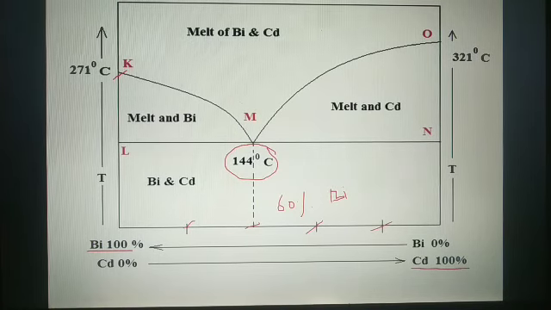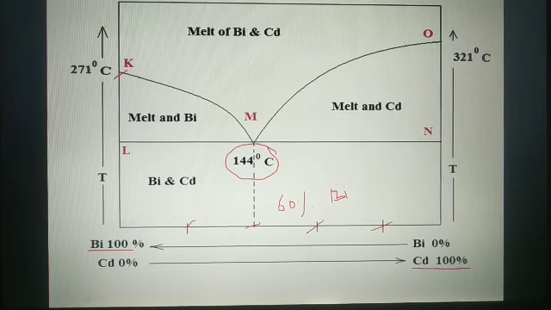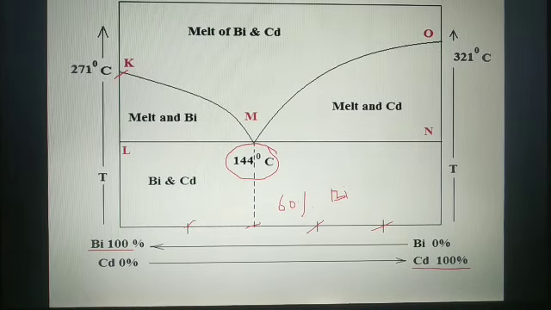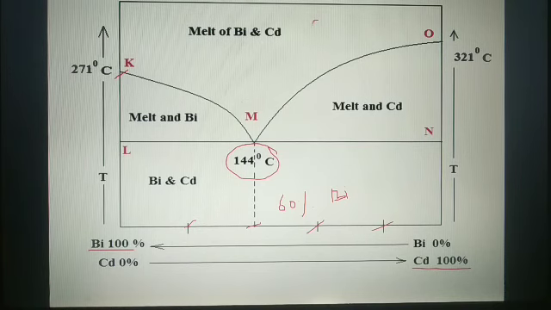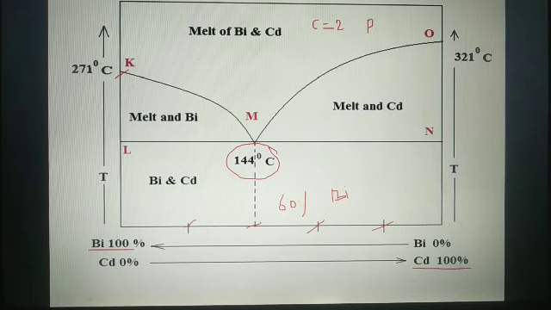You can discuss the various points with the help of the phase rule equation. I am only going to figure out a few of them, not all. Let us see what is present in this portion. It is melt, bismuth and cadmium. So it is only component C, that is equal to 2, phases, it is a single phase. Which phase? It is the whole of the material present as a liquid.